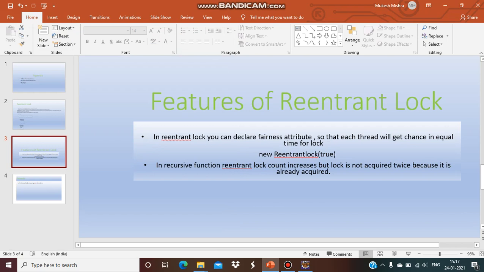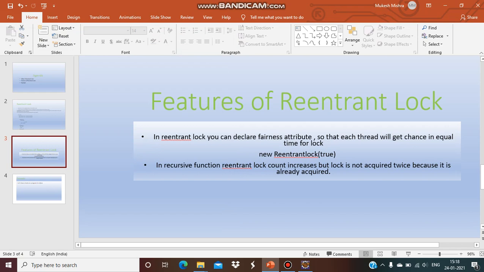If you provide the ReentrantLock constructor parameter as false, it may be possible that any of threads 1, 2, 3, 4 does not get a chance for execution because there is no fairness here. It may be possible thread 4 is always waiting for its time to execute, and this is called thread starvation. To overcome this, you need to declare that you want to give equal chance to all your threads for execution. So you declare the ReentrantLock parameter as true. This is one of the features of ReentrantLock.